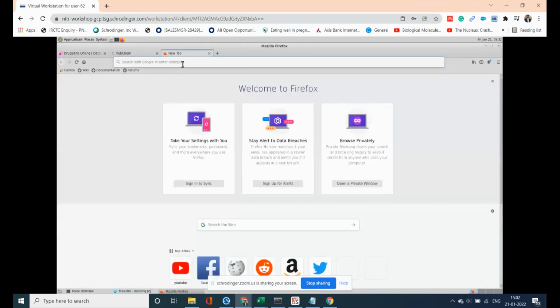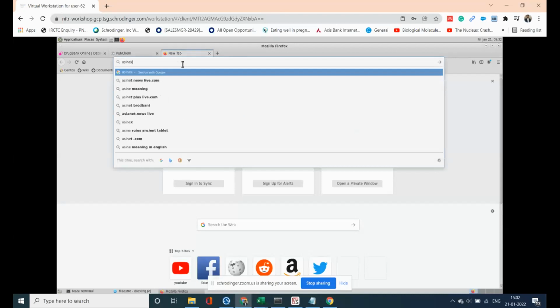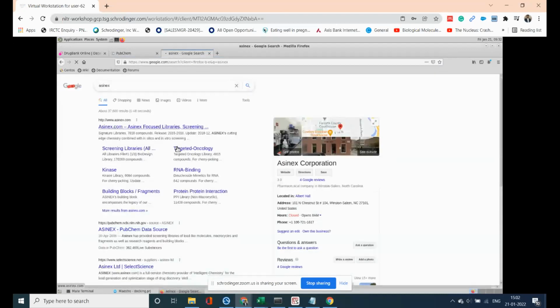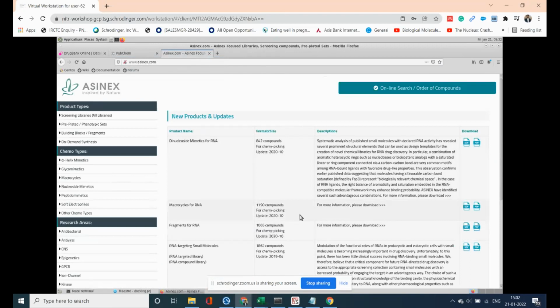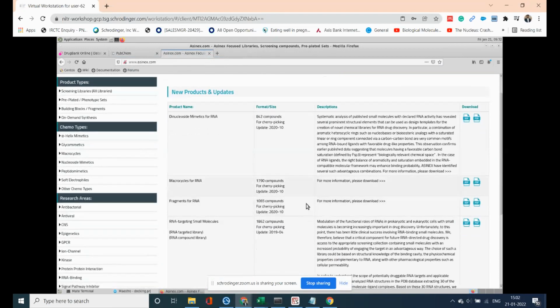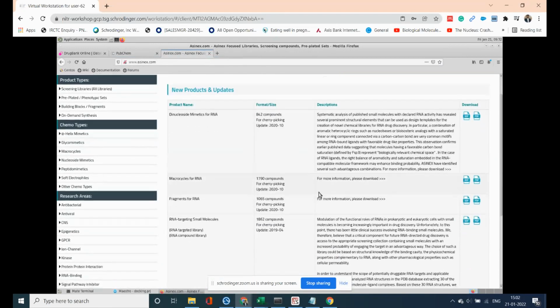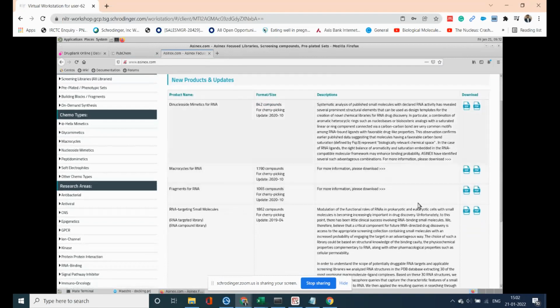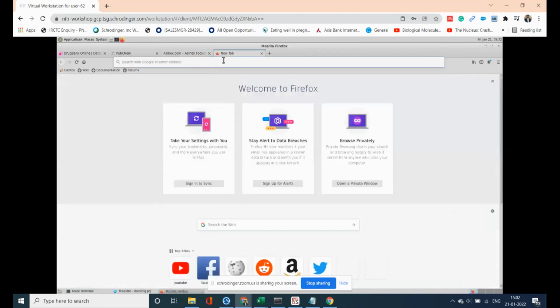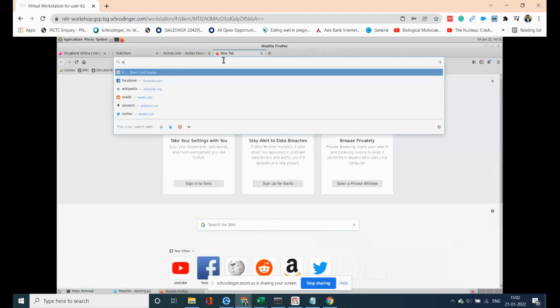These are molecules whose biological activity has not been tested. For example, Asinex is a database which is especially good for biologists who don't want to synthesize molecules and want to purchase them directly. These are already available molecules that have been synthesized and characterized. You can download these molecules, use them in computational approaches, and purchase them as you do on Amazon and Flipkart. Another database similar to an unlabeled database is